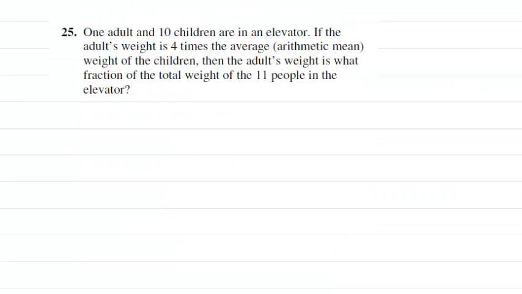Here's a problem from College Board's 2002 practice test. One adult and 10 children are in an elevator. If the adult's weight is 4 times the average weight of the children, then the adult's weight is what fraction of the total weight of the 11 people in the elevator? If I say that X is the weight of the children,